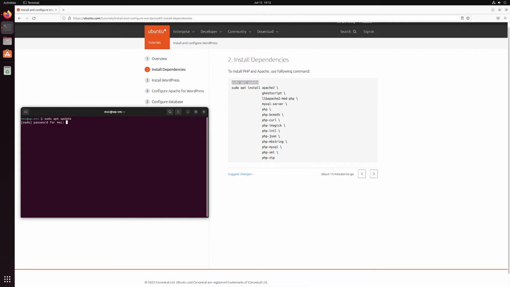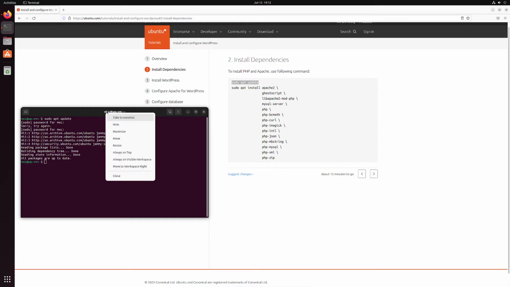Remember that it doesn't show anything when I start typing. I just hit enter and I think I typed it wrong. And then it does it. Now, the next time we use sudo, it's not going to prompt us for the password, which is nice. But let's just take a look at what it's asking us to